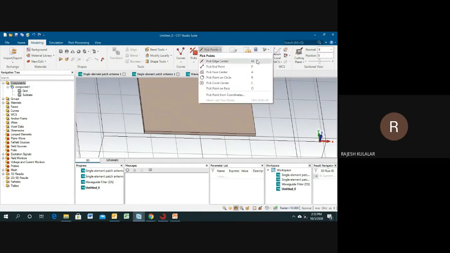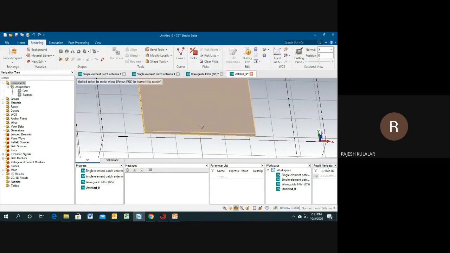From here you can see that if you want to select an edge center, end point, face center, or pick point on circles, you can select from this interface. Otherwise, you can use the shortcut keys as given here. So just click on this pick edge center. After this, just double click on this.